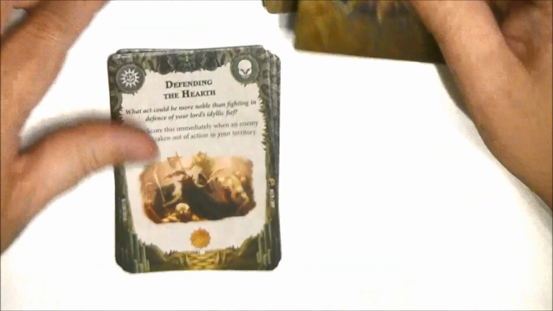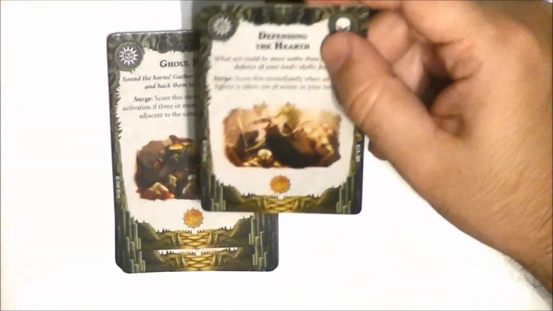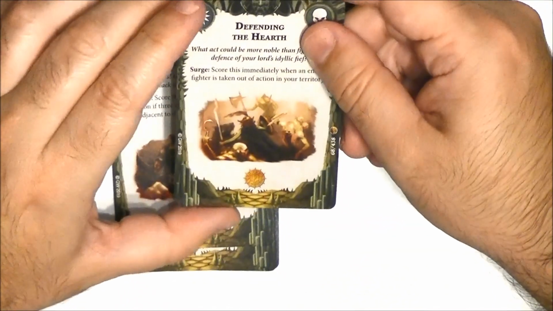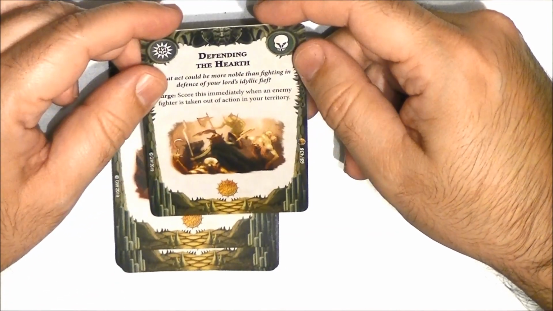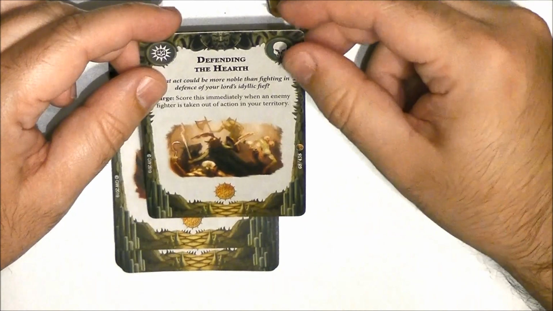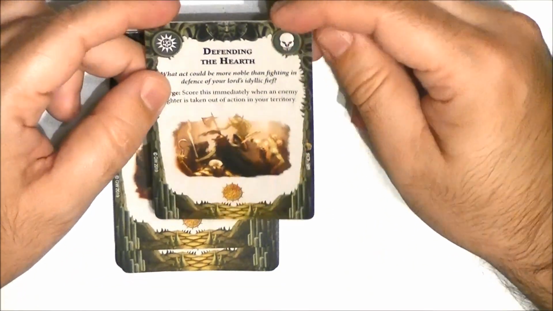territory. So there you will see that there are some about holding objectives. There is also a lot about going to the enemy territory, and there is a lot about killing. There is another one about killing guys in your territory. So score this immediately when an enemy fighter is taken out of action in your territory. So you see,